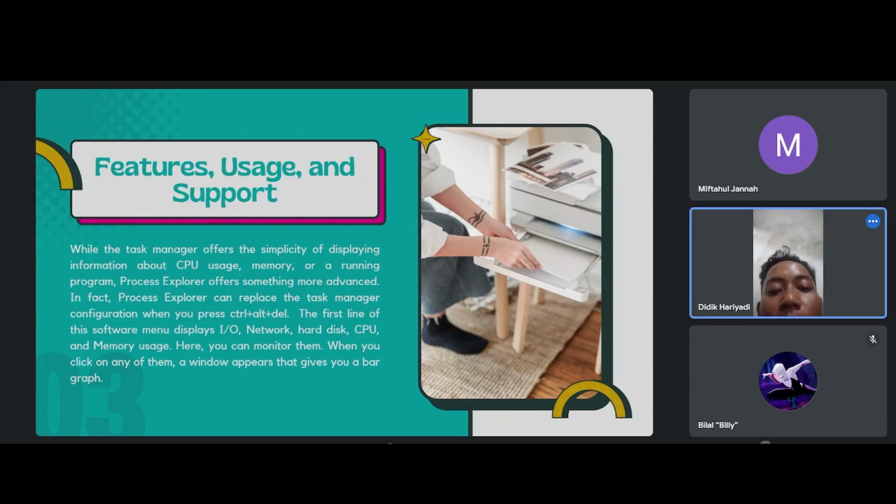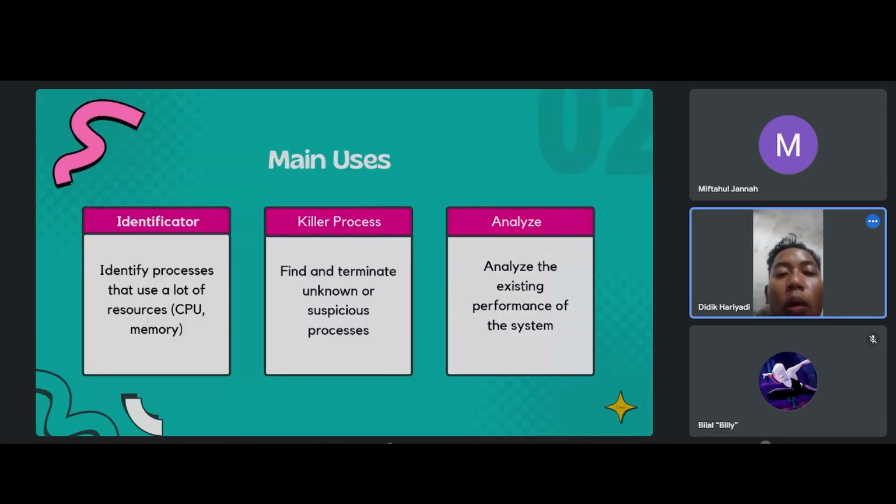In fact, Process Explorer can replace the Task Manager when you press Ctrl plus Alt plus Del. You can monitor them, and when you click on any of them, a window appears that gives you a bar graph.